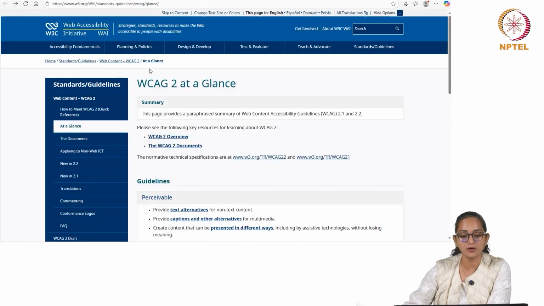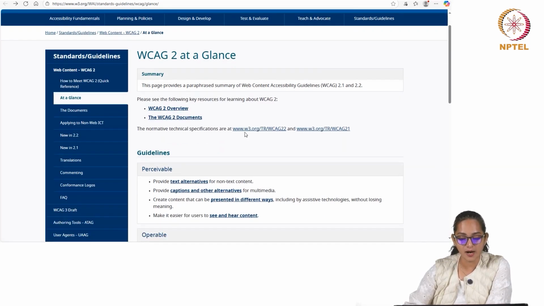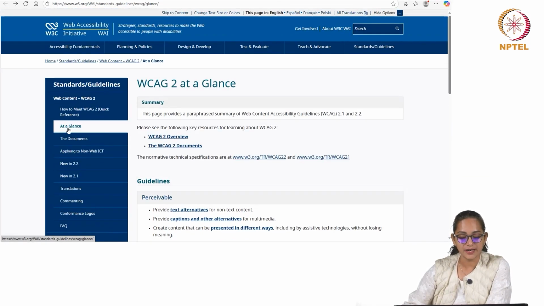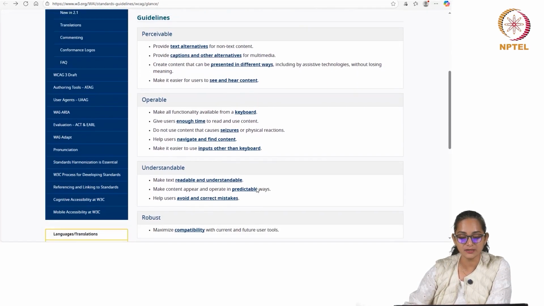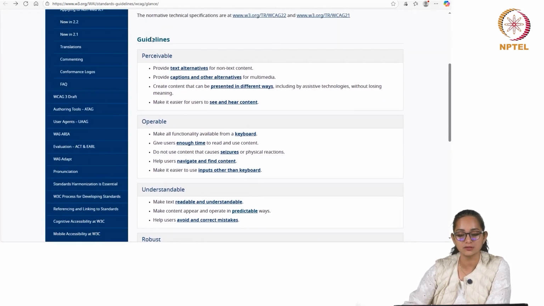One of the major contributions of this consortium is that they have developed these guidelines. There is a navigation here on the left side. Right now we are at WCAG 2 at a glance. This is just like a summary, and I just wanted to take you through these.